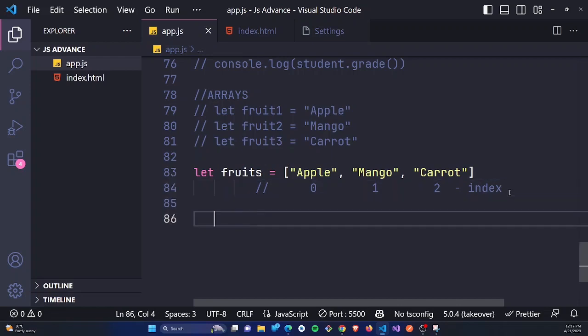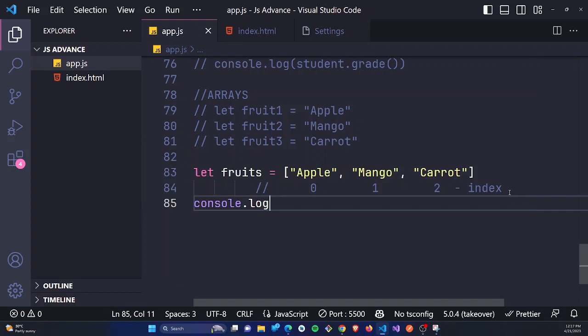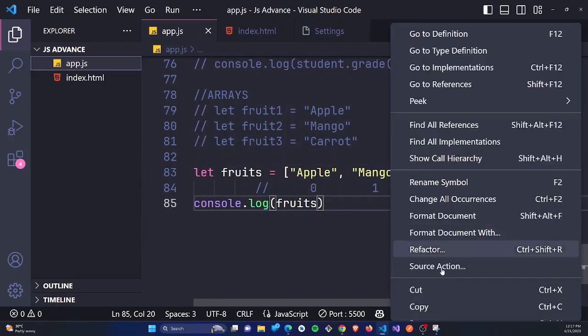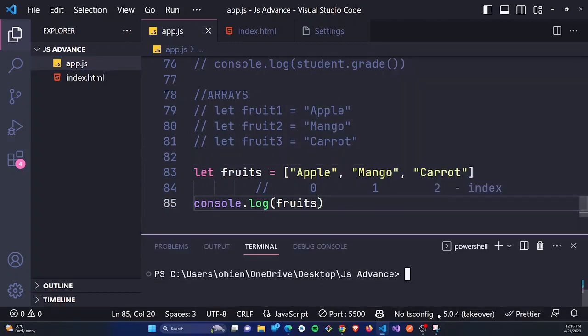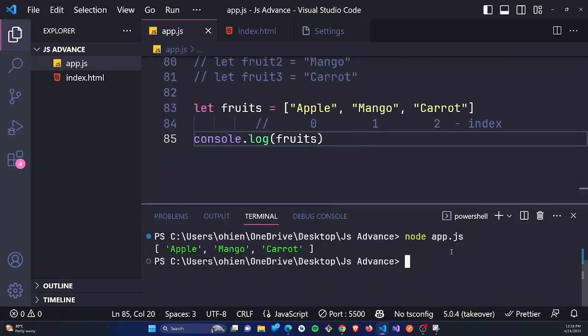Because if we just come here and we say console.log fruits, if I just come here and I do console.log fruits, if I open this, let's Ctrl J. If we run this like this,